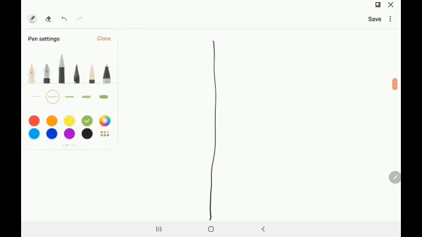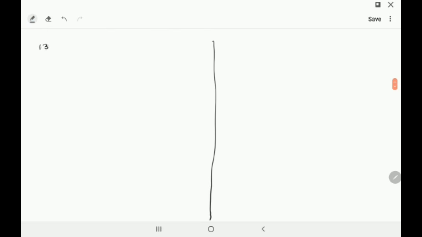13th one. What is the 13th question? 5x square minus 17 by 2 x plus 3 by 2 is equal to 0. The reason this looks difficult is because of the fraction. So what can I do? Simple. Multiply by 2. If you multiply by 2, what do I get? 10x square minus 17x, the 2s get cancelled, plus 3 is equal to 0 into 2, which is 0 again. Finished. That's it. I got my equation.